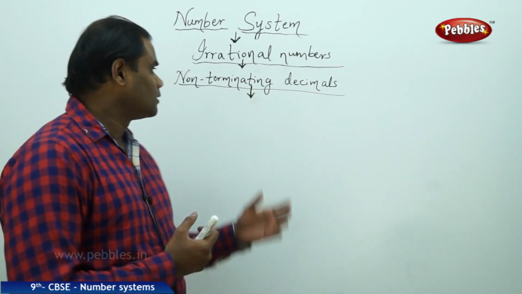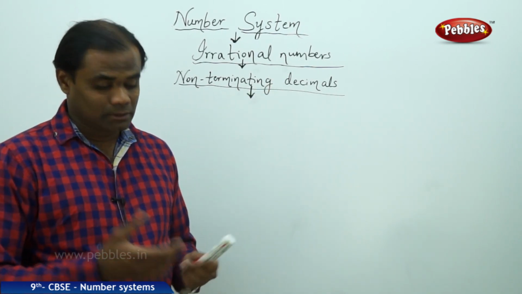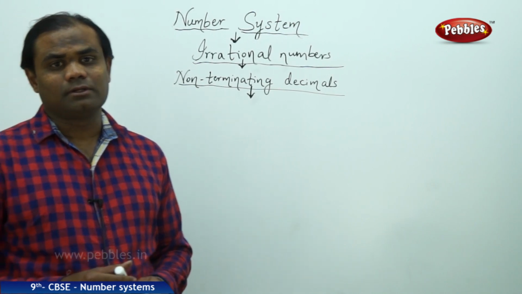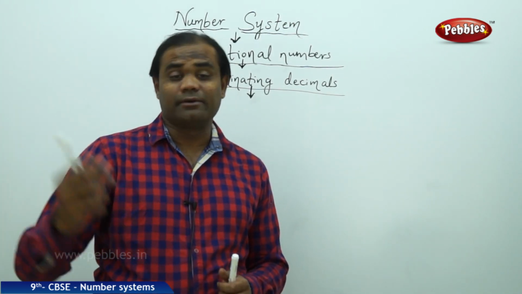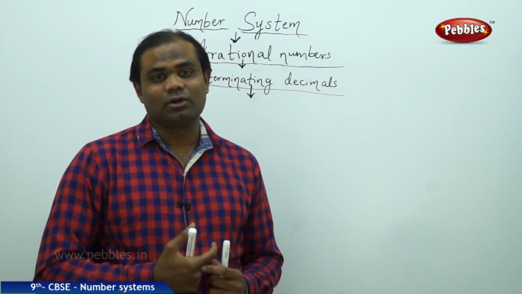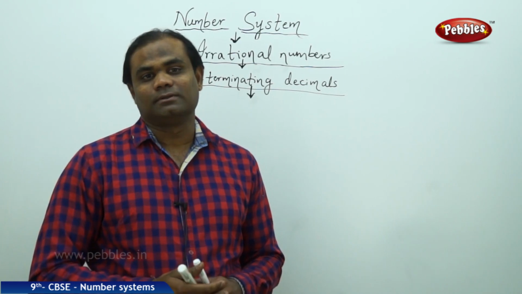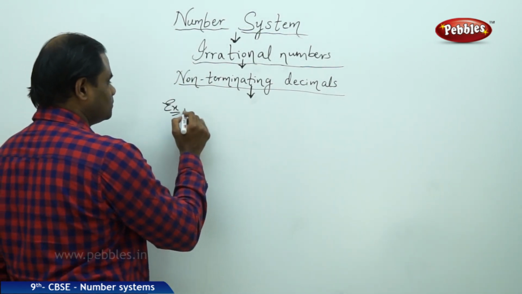Let's justify whether this is a rational or an irrational number. What is a non-terminating decimal? A decimal which never stops but goes on repeating and repeating is how we understand a non-terminating or non-stopping decimal. For example, if I take a decimal in the form